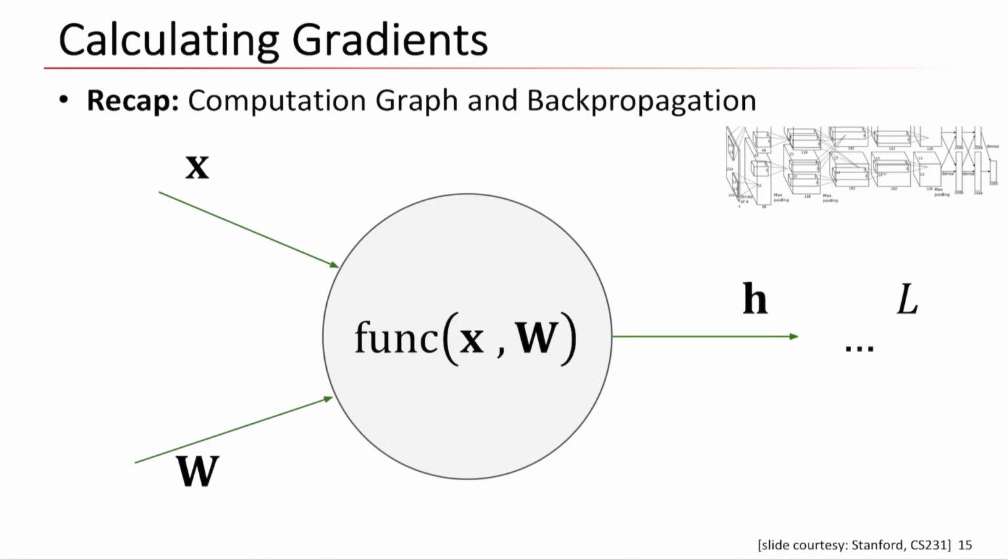Okay, so now we have the loss functions and the stochastic gradient descent. Then what do we want to do next? We have to compute the gradient, right? Then the question is how to compute the gradient for each parameter W over such a large, complicated deep network architecture, right? So let's